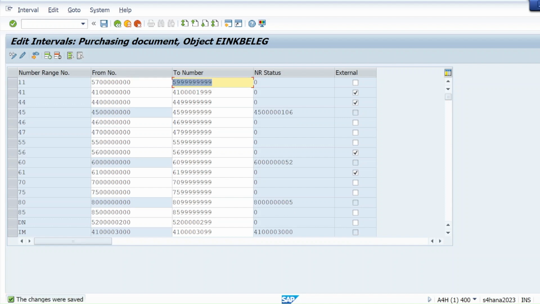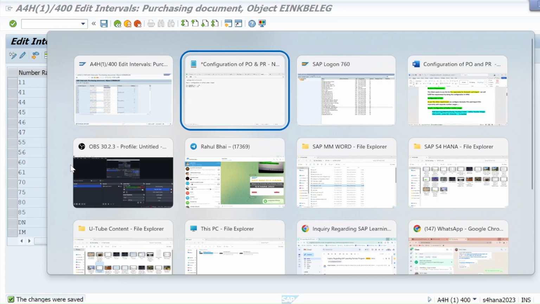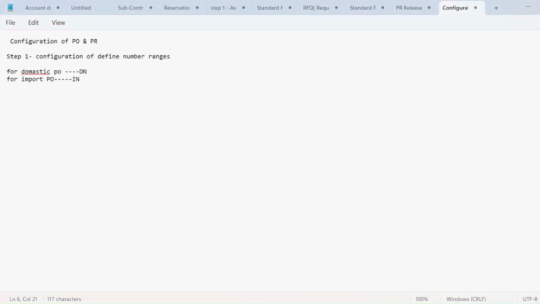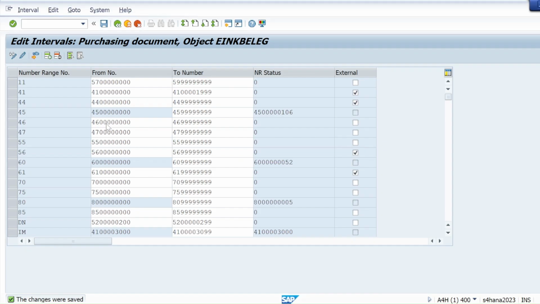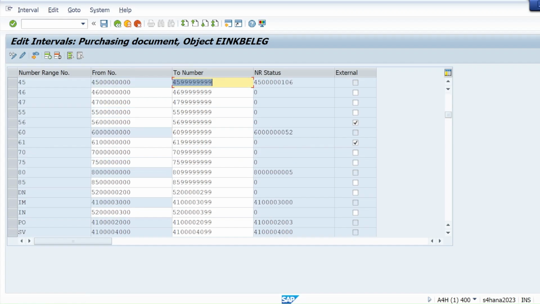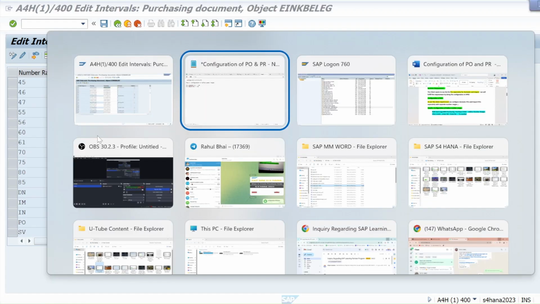So we just defined the number ranges for both import and domestic PO. I took the number range DN for domestic PO, and for import PO I took the number range IN. Now the next step is to configure the document type.